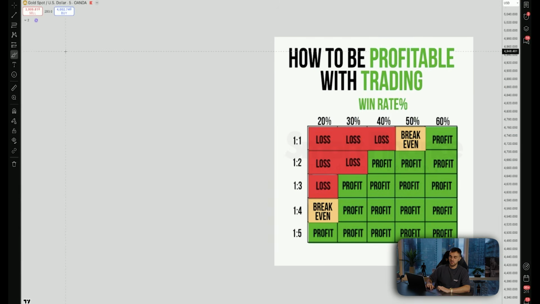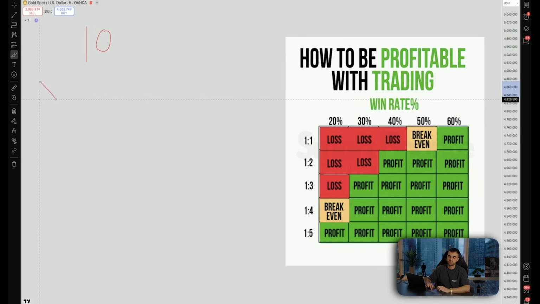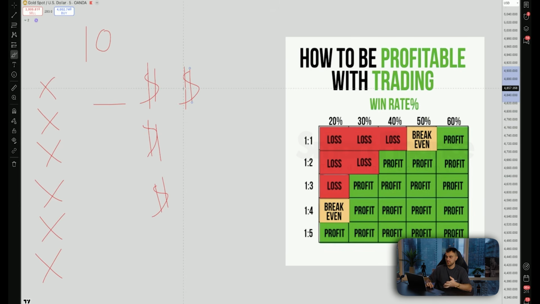But this is just to show you, like, losing is a part of the game and losing is okay. You will lose trades, but you could still be profitable. For example, if I take 10 trades, right, and I have a 1-to-2 risk to reward ratio, okay? I'm taking 10 trades. I lose one, I lose one, I lose one. So I lose 6 trades here, right? With a 1-to-2, I could lose 6 trades: 1, 2, 3, 4, 5, 6. But I could still make 4 trades in profit, and I would be in profit at this point because those 4 trades will outweigh the 6 trades. So here's some basic math for you guys on risk to reward, which is super, super important.